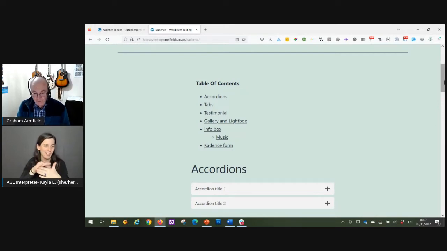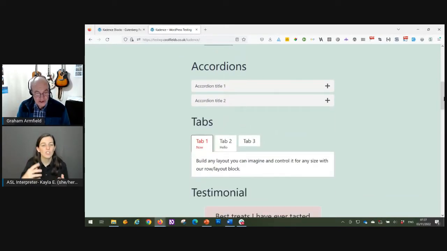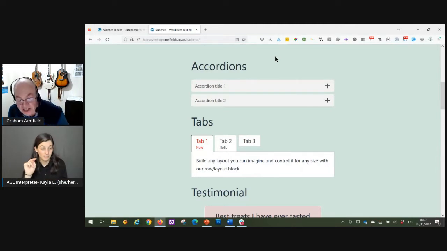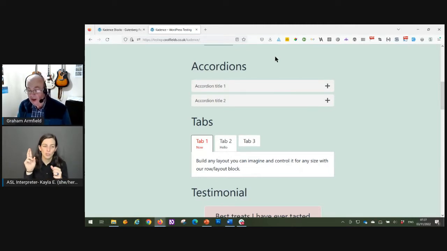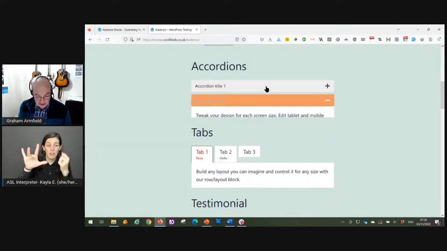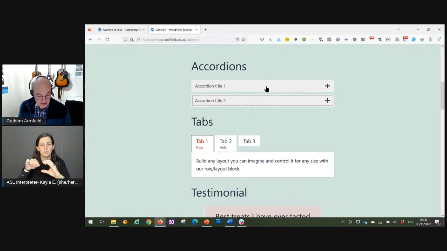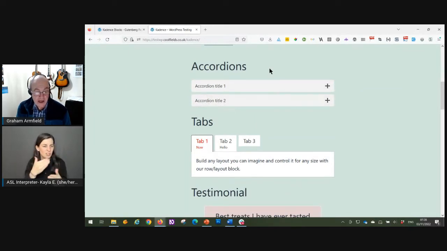Okay. Further down the page, we've got accordions. Now, these are not done with summary and details. These are done with the slightly older method of doing accordions, but they are perfectly accessible. If I was building an accordion myself and not using summary and details, this is exactly how I would do it. I could click on them and they've got a nice, good keyboard focus indication, and they are good for screen readers as well because they use all the necessary ARIA attributes to make it perfectly accessible, which is good.